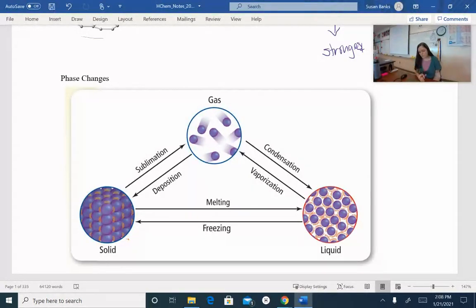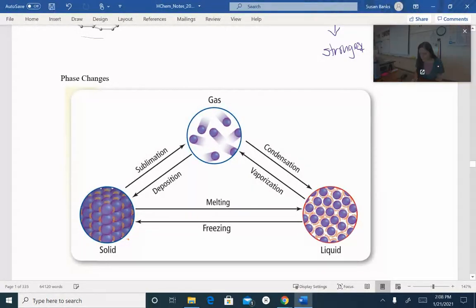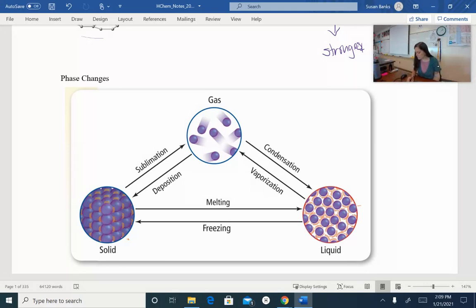So normally we think about a solid melting and going to a liquid. Notice when we go to that liquid, we have a little bit more space and we have a little bit more motion. We don't have a perfect arrangement anymore either. The organization of this molecule becomes less, okay? So melting takes energy, right? So this melting takes energy. So this is what we call